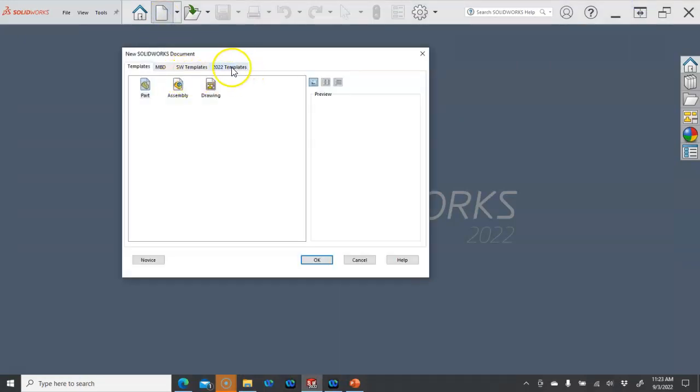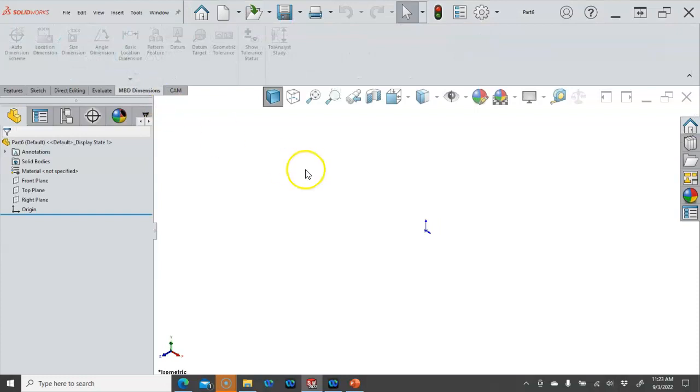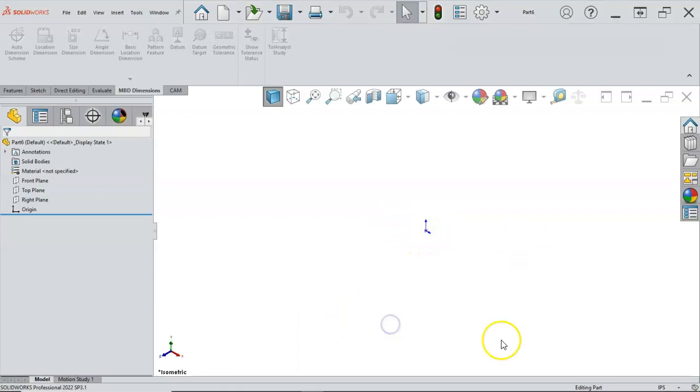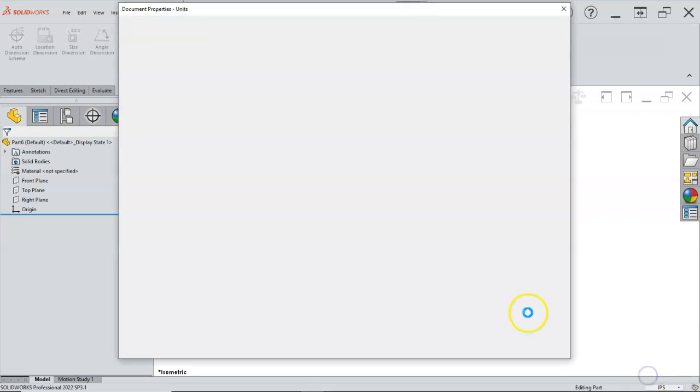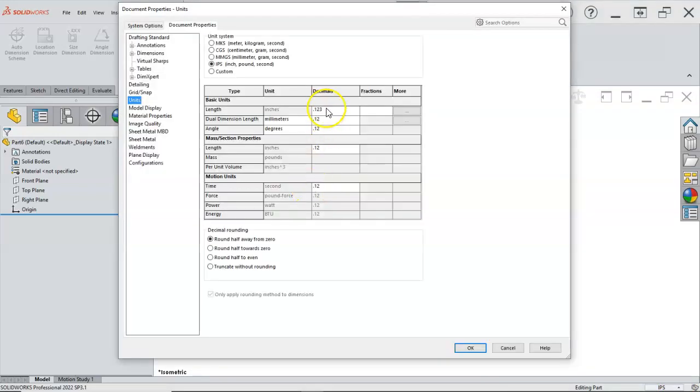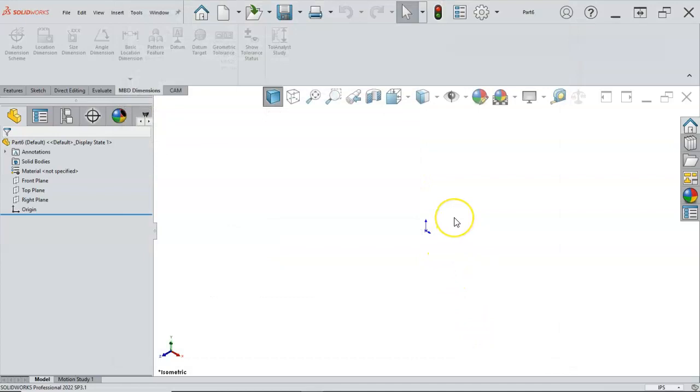So the check then is we go into the 2022 templates. There is my part inch. There is my part metric. I double click on it, and the check is I have my origin. Still don't know why the screen capture does that. IPS, inch, pounds, and seconds. If we go into the units, and I'm at 3 decimal places, and for some reason it cycles through. Occasionally it'll read 3 but only show 2, and I'm not sure where that disconnect is. All right, so let's go ahead and finish it here, and then we'll